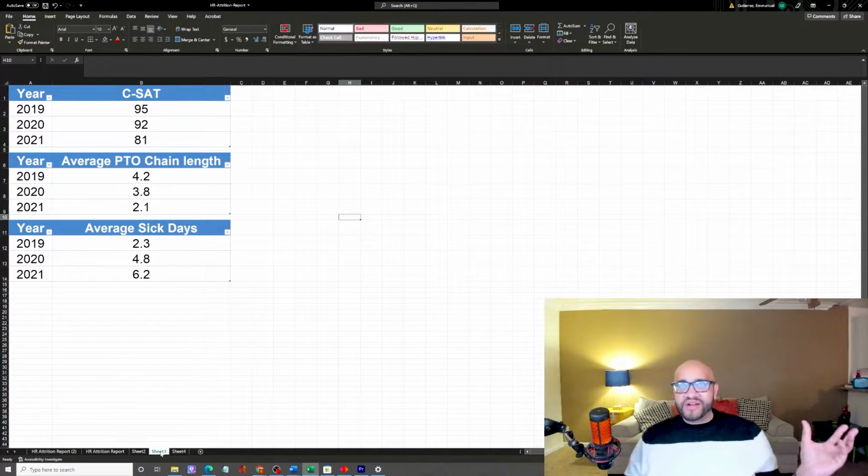I know I spoke a lot about attrition, and there are so many different ways of slicing and dicing the data, but it's not the best way. Why? Because attrition in and of itself means that your employee has already left. So that is not a good time to fix employee morale issues, right? It is very reactive by nature. If you're using attrition to fix employee morale or to detect if there are employee morale issues, it's too